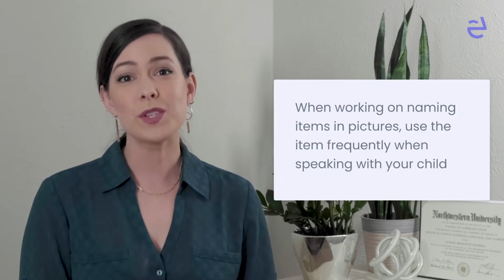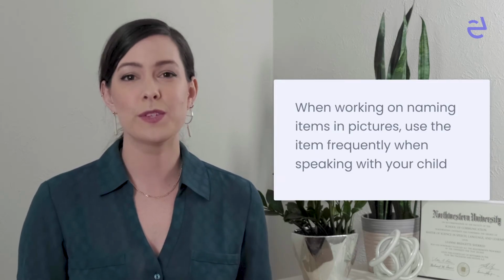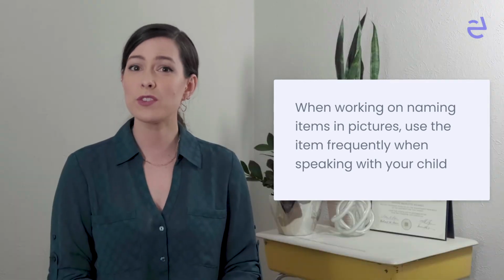When working on naming items and pictures, you'll want to use the targeted item name frequently in your speech. For example, if you and your child are reading a book and see a picture of the dog, you could say, "Oh, look, do you see the dog? Look at the brown dog. Dog says, 'Woof, woof.'" Then give your child the chance to imitate just a single production of that target word